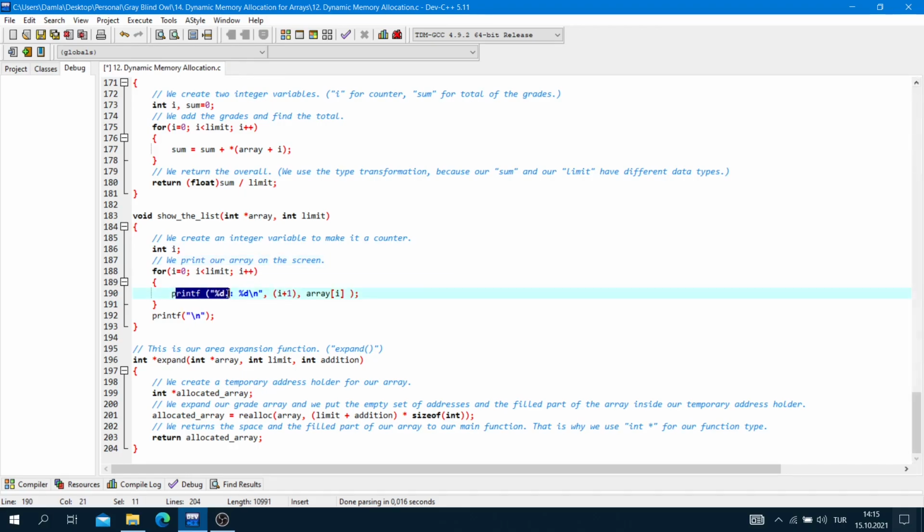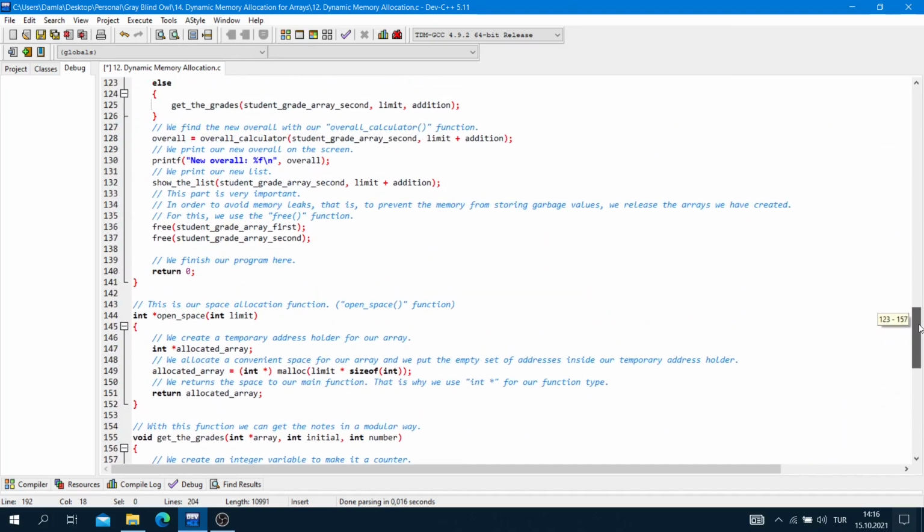Printf the percent sign D, I plus 1. This percent sign D represents I plus 1, its index actually, and the percent sign D represents array I. This is our element. And printf the backslash n and semicolon.